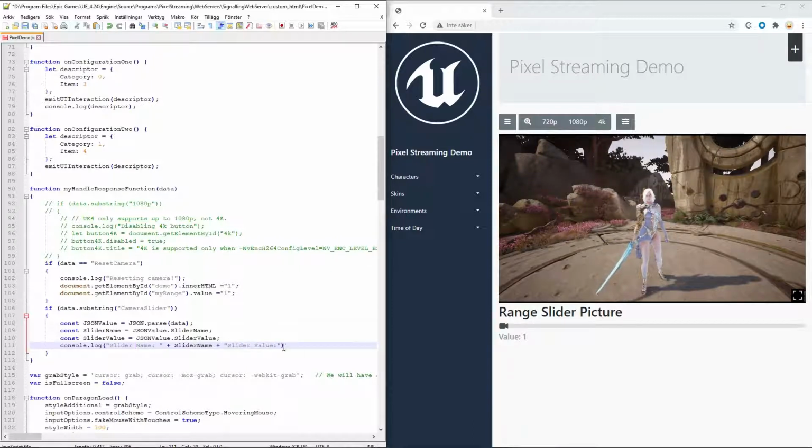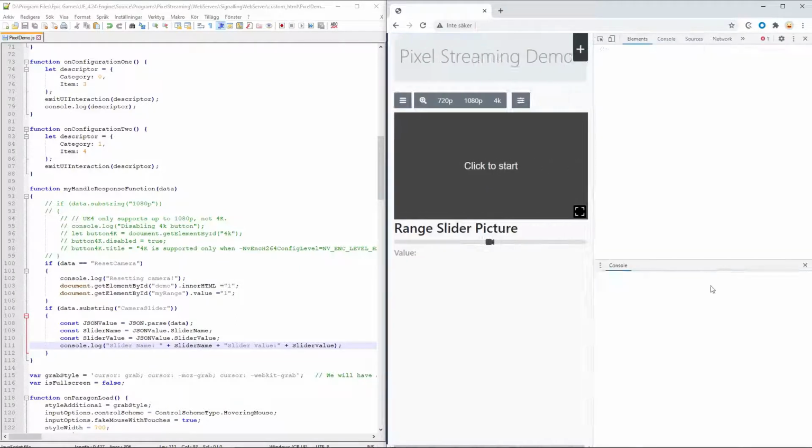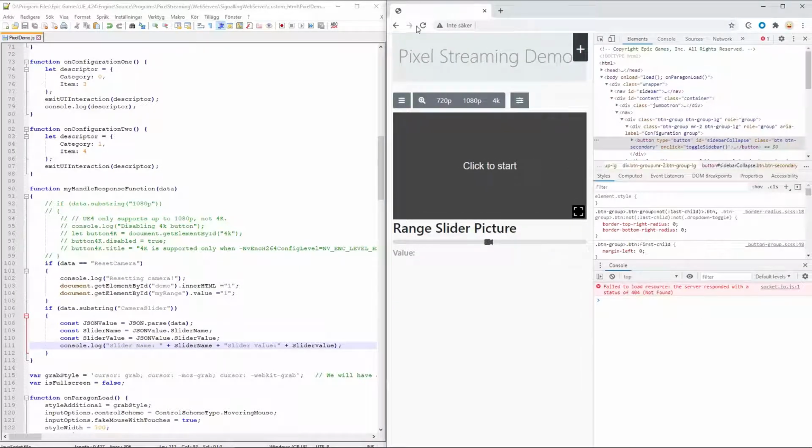Let's have a space here as well, and add a slider value. Now in the console log, if we save this, reload the website, and just open this up, let's see.